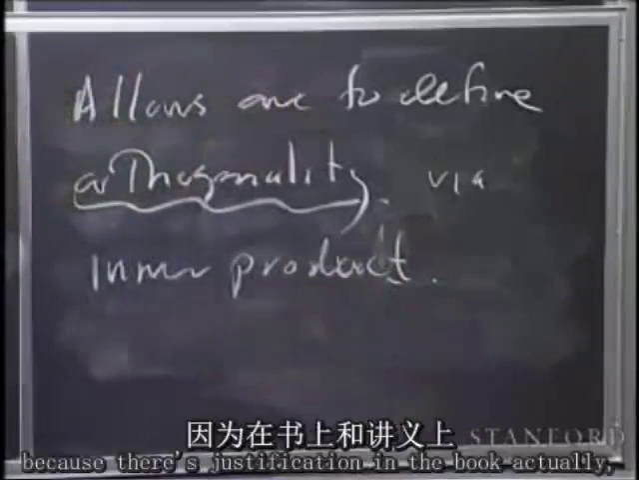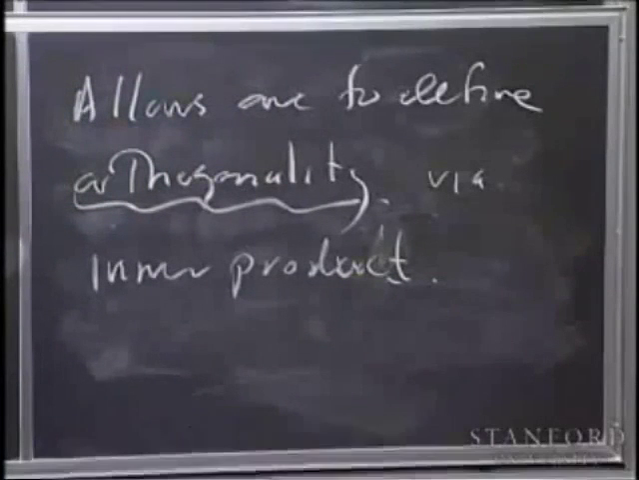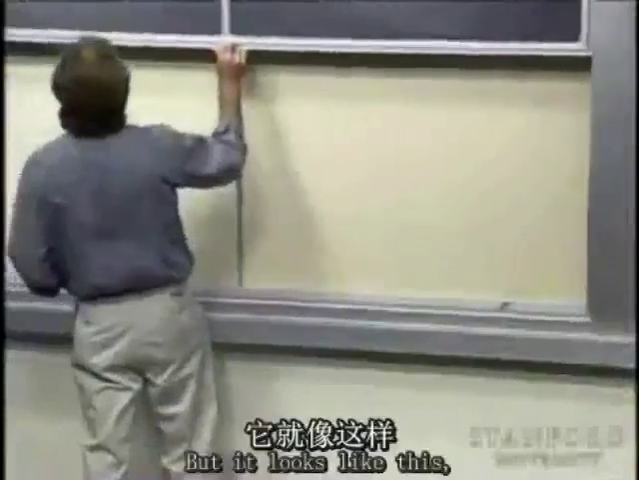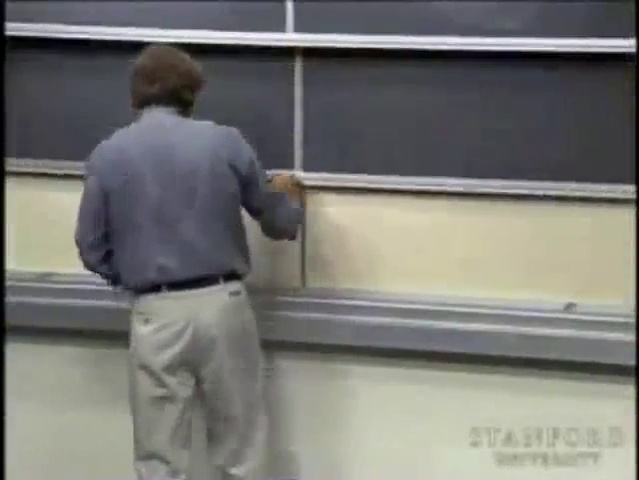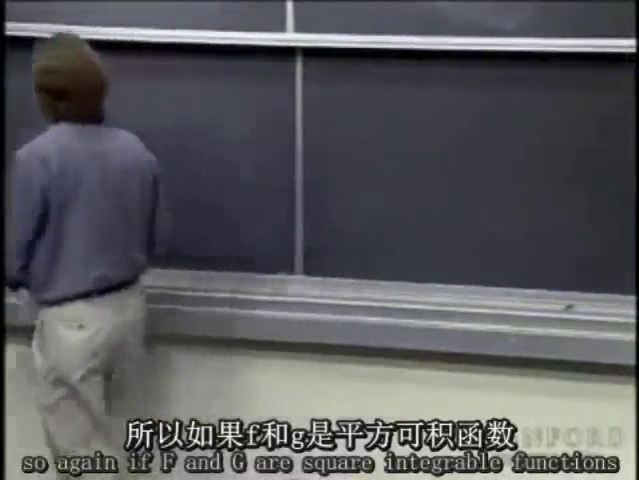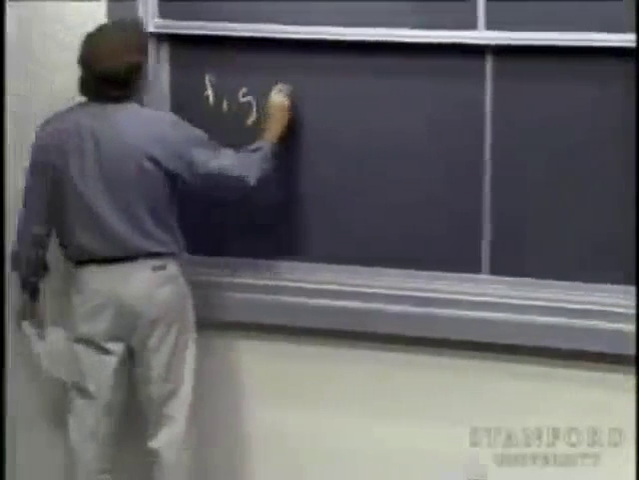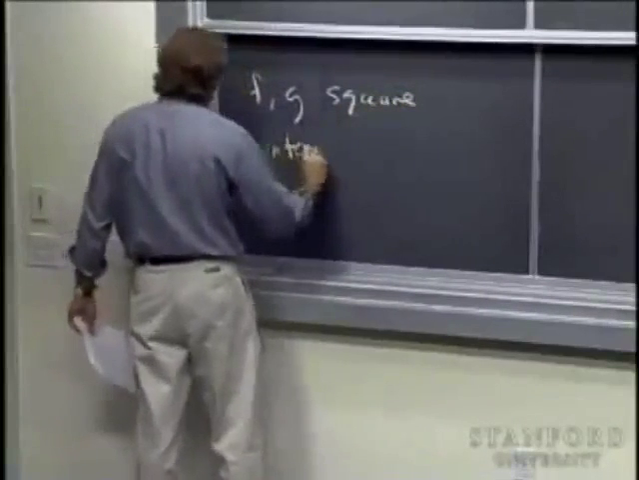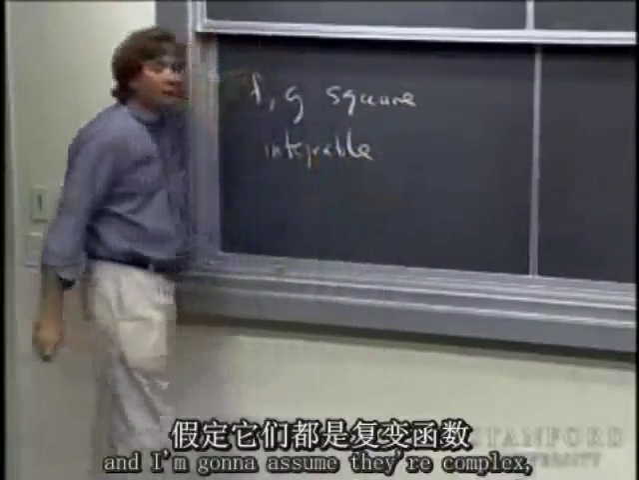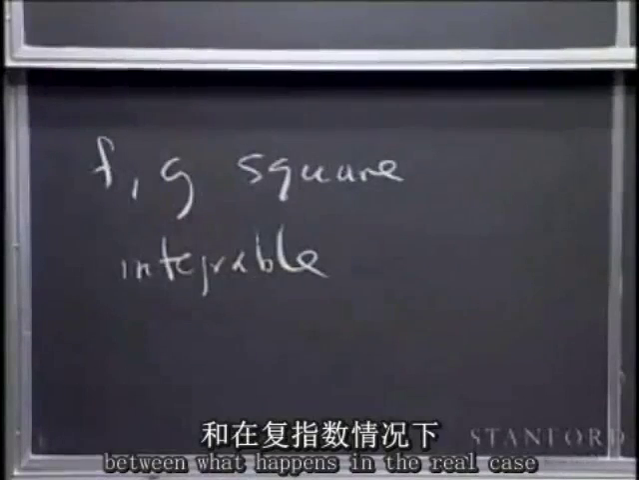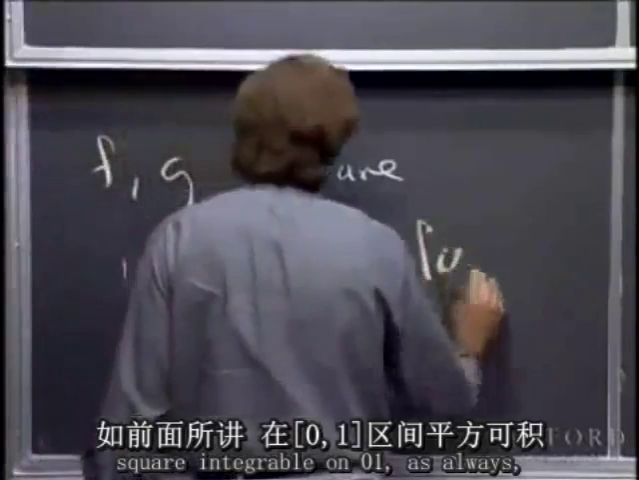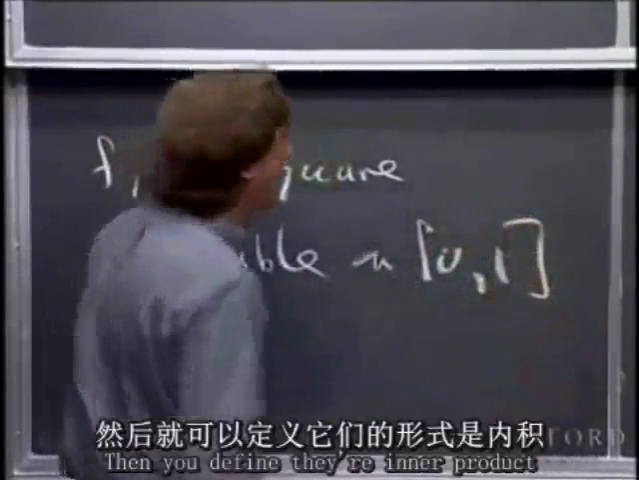So let me give you the definition. I'm not going to justify it. There's a justification in the notes, actually. But it looks like this. So again, if f and g are square integrable functions, and I'm going to assume they're complex. There's a little distinction here between what happens in the real case and what happens in the complex case. Square integrable on 0, 1, as always. That's the basic assumption we make. Then you define their inner product,